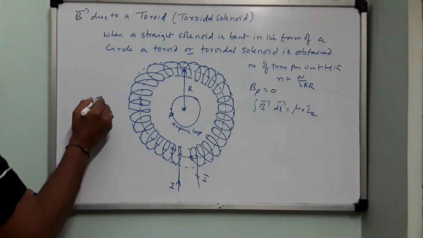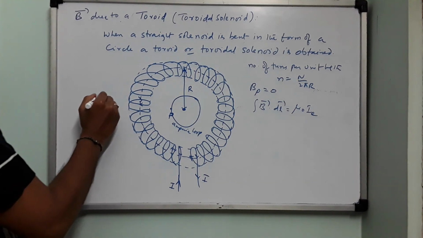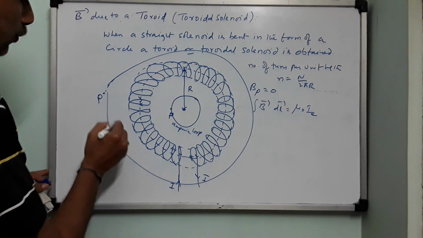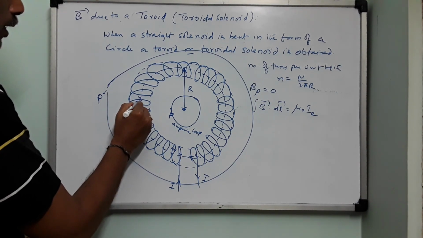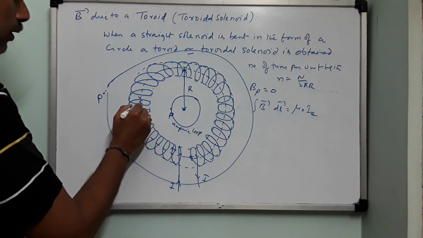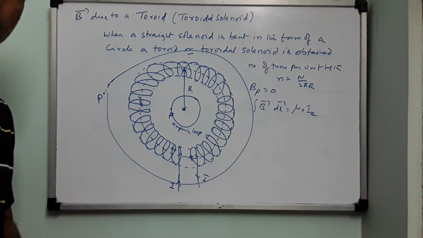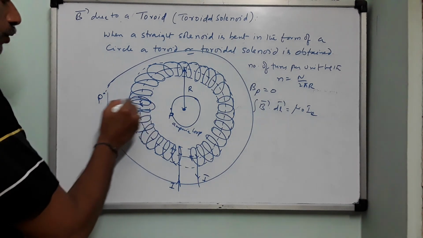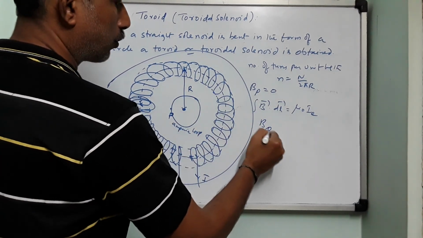If you take a point here, like this is P and this is say Q, and I draw an Amperian loop, what will happen? This is going to be your Amperian loop. If you see the coils here, the first semicircular coil carries current in one direction and the remaining semicircular coil carries current in the opposite direction. For a given coil, the left side is in one direction, the right side is in the other direction. Therefore, the net current enclosed by this loop will be 0. Again, the magnetic field at Q is also going to be 0.